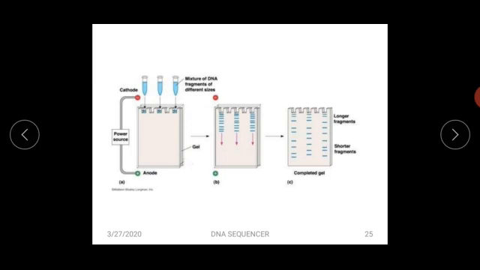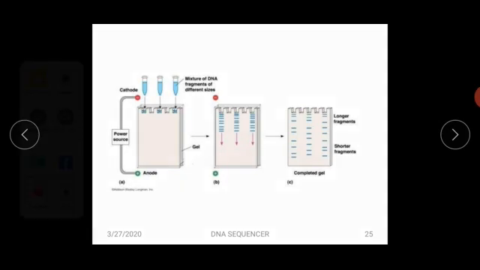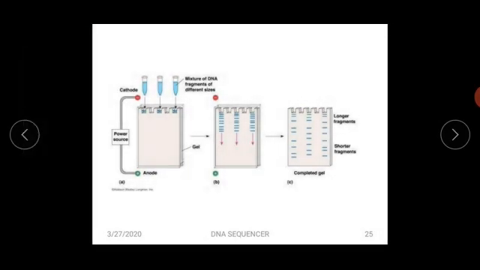This is how the reaction step looks here. In the instrument form, there is a cathode and the anode, and the power supply is there. The mixture of DNA fragments of different sizes enters the separate tubes, and in the B form we can see the gel patterns obtained. The longer fragments arrange themselves on the top, the shorter fragments arrange themselves below, and we can understand the autoradiography pattern.